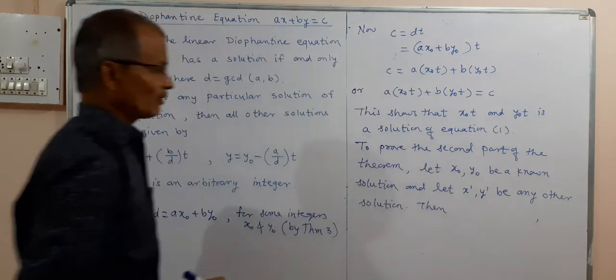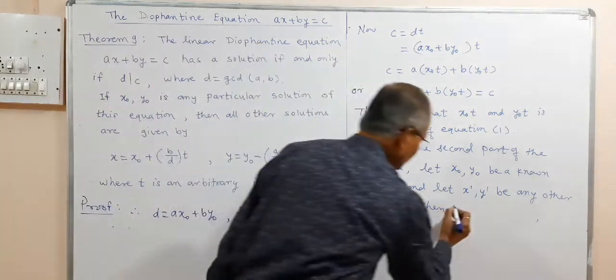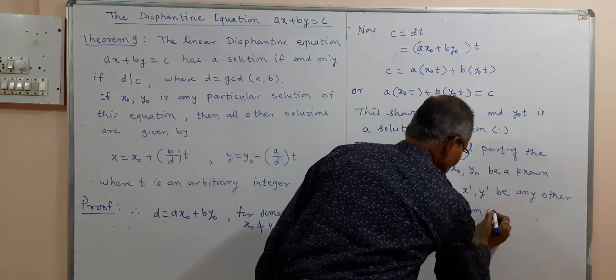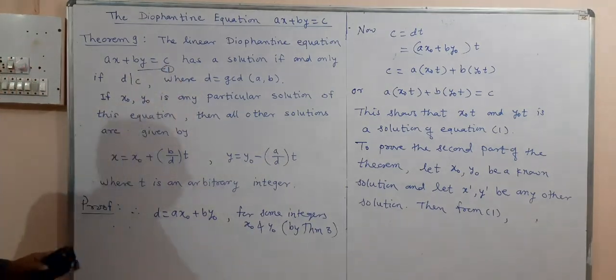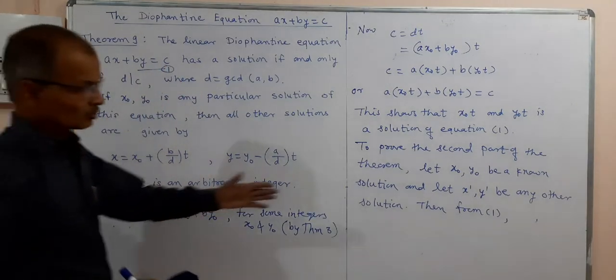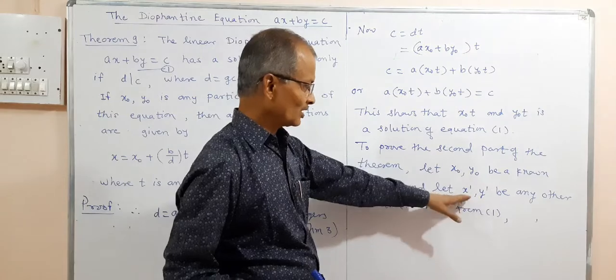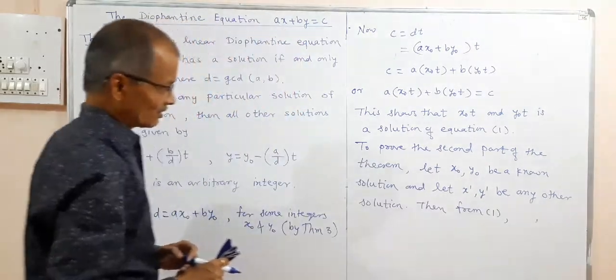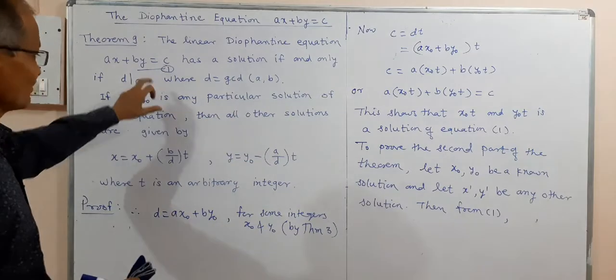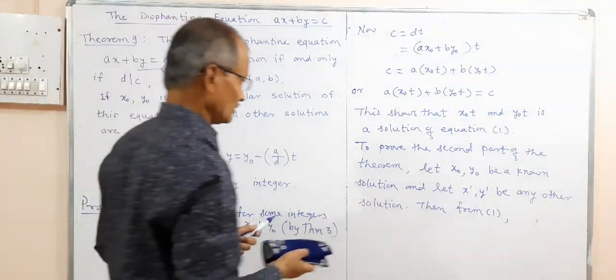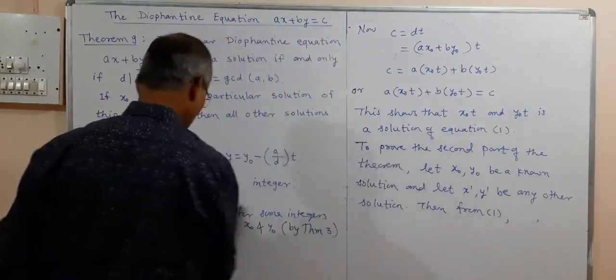Then from 1 we have, 1 means this equation. See, this is equation 1. So both are solutions. X naught, y naught is a solution, x dash, y dash is also a solution. So therefore both these pairs of integers satisfy equation 1, and therefore we have from 1,